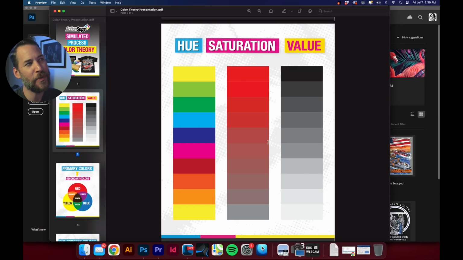Now we have hue, saturation, and value. And I'm going to dive into those just a little deeper. But as you can see here, hue is essentially all the different colors. Your yellow, green, blue, purples, magentas, reds, oranges, so on and so forth. Saturation is the intensity of those colors. So the more we pull back the saturation, the duller that color will be. And then we have value. Now, I'm going to dive into what value is here in a second, but let's go ahead, we'll dive into